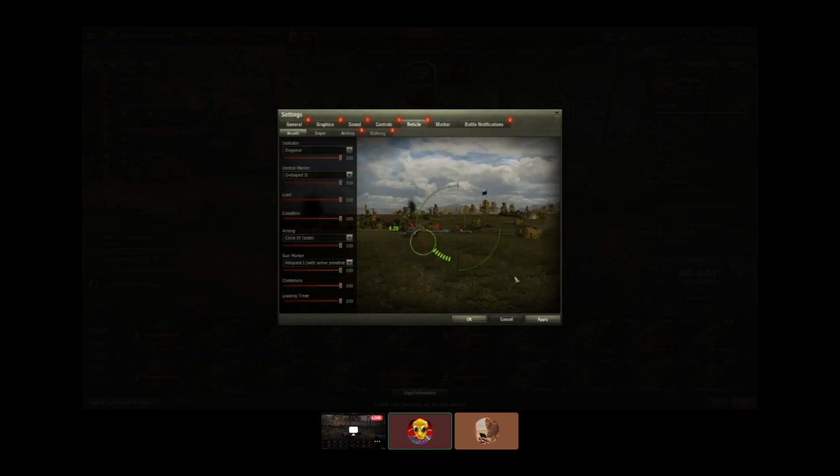Let's see. All of this is fine. I find it kind of cluttered to have condition on, in arcade mode at least, but it's not really important, so you can just keep it however you want. The most important thing is just that you have the aim point with penetration marker. So this is fine. Sniper mode